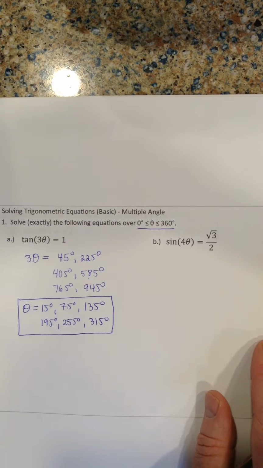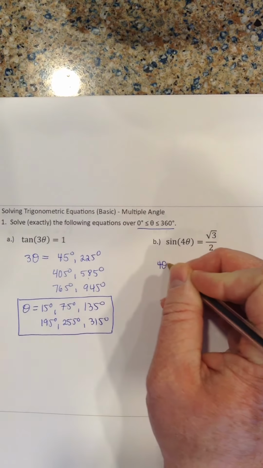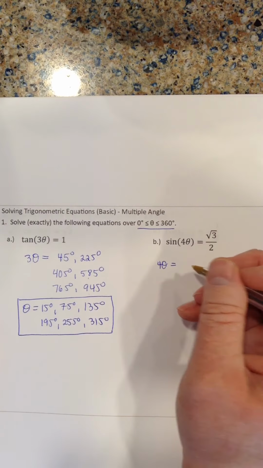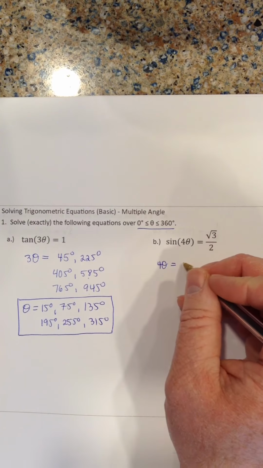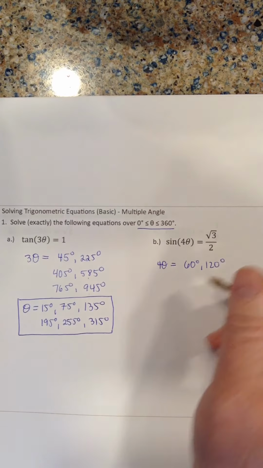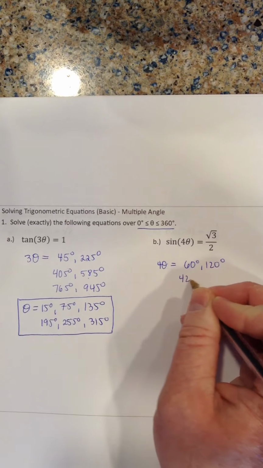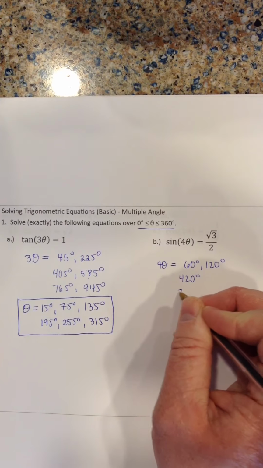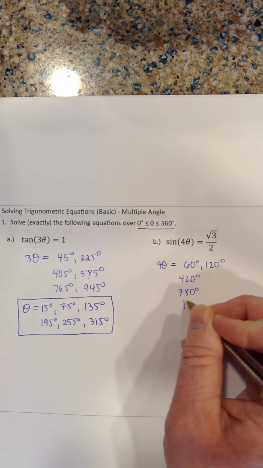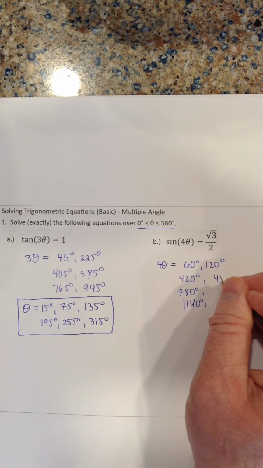Alright, so now sine of 4 theta equals square root of 3 over 2. So I said 4 theta equal to, now I need to know the angles where I get square root of 3 over 2 for the sine. So that'd be 60 and 120 degrees from a unit circle. Alright, now I'm going to add 360 to those. 420, 780, 1140. I'm going to do the 120, so I add 360, I get 480,